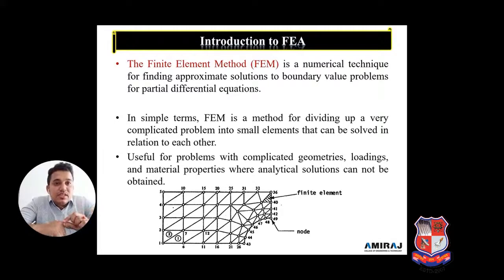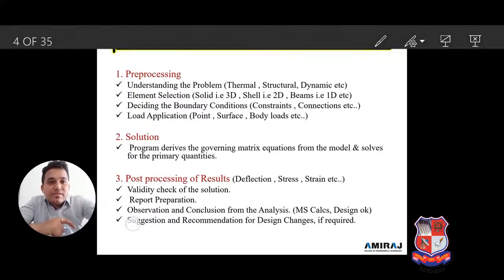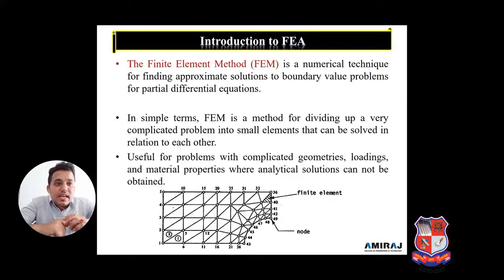As you see in the diagram below, the finite element is divided into small components, and each small component is known as an element, and the end vertices or points are known as nodes. So here there are a number of nodes and a number of elements. We just take one small element and analyze it, so at each and every element we can find out stress, strain and displacement as per the application.